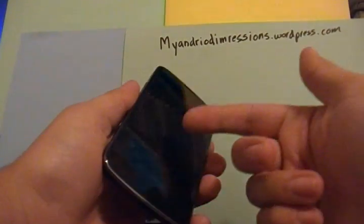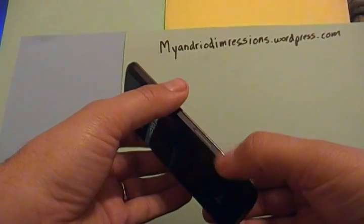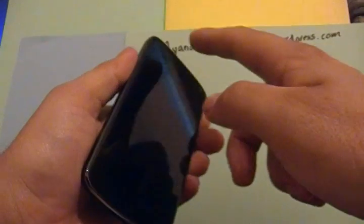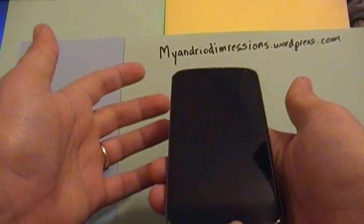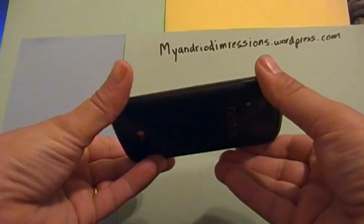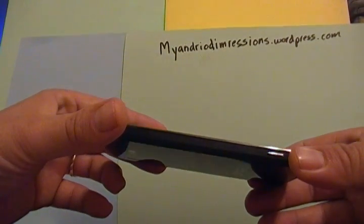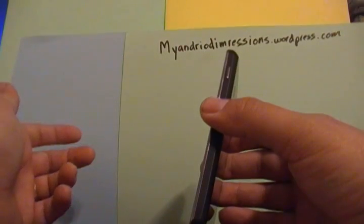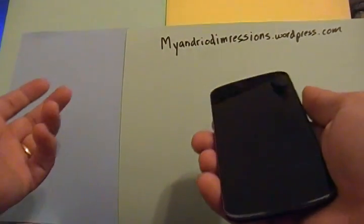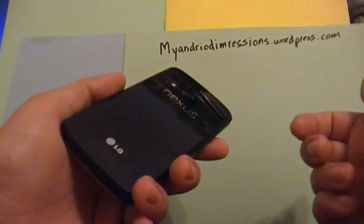You've got glass on the front, glass on the back. You got this nice little rubber texture on the side, little chrome bezel, rounded edges. It's a fantastic phone, designed well. It's not the thinnest phone out there, but it's definitely not thick at all. I did have the LG Optimus, so same internals and made by LG, and then glass on the back as